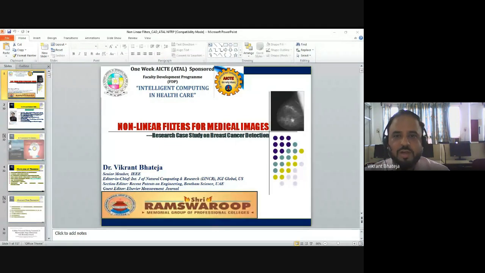Now let's have an outline of today's session. In today's session, we'll be beginning with computer-aided analysis of mammograms, linear versus non-linear filters, mathematical modeling of non-linear filters. This we'll be taking in a crisp manner because we have a short session, so we won't be giving very much emphasis to the numerical